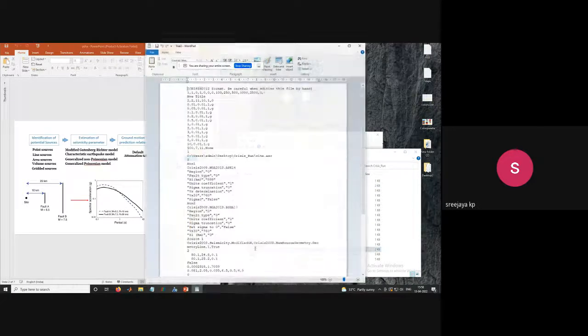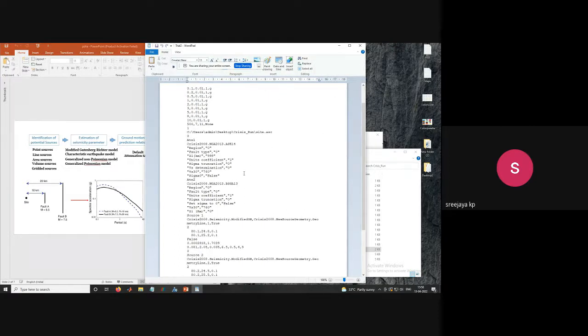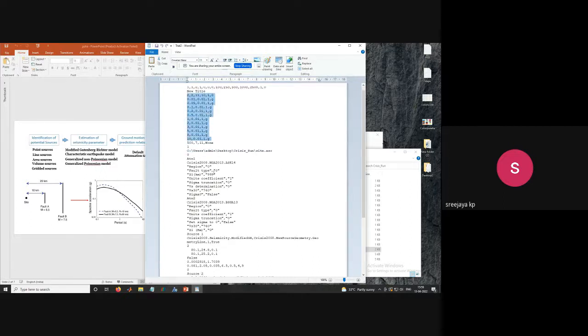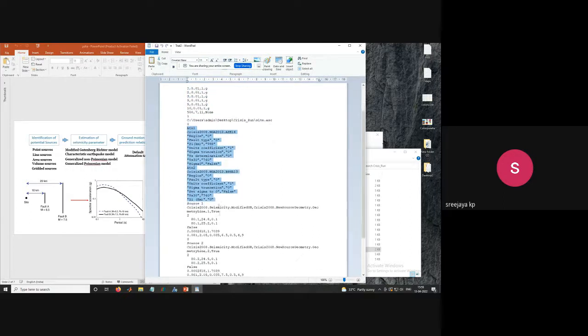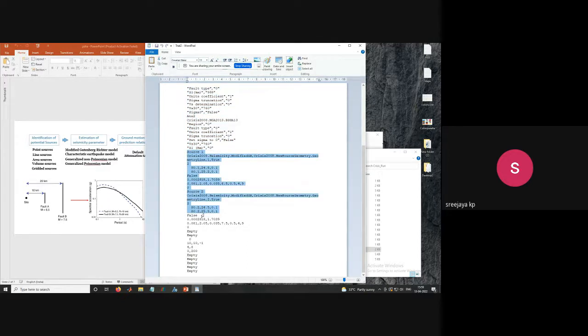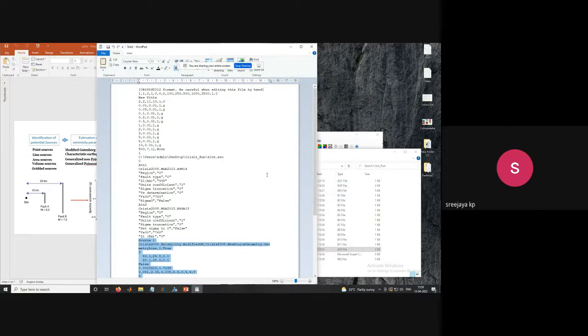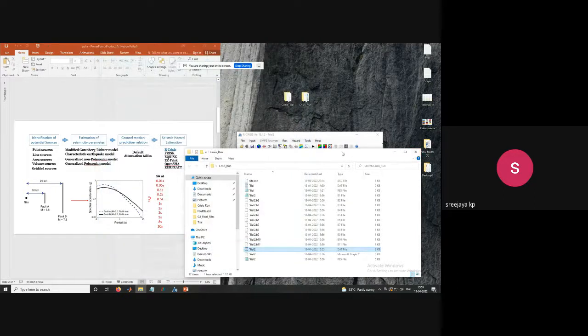Now see, when I saved those files, it has saved into a .dat file. So here you can see clearly the details whatever we input to the code. It is written here: the city information, how many periods there are, what attenuation relations we use, and the source information. All those details you can see here. Now, if you want to do it for a larger number of stations, you can edit it here,